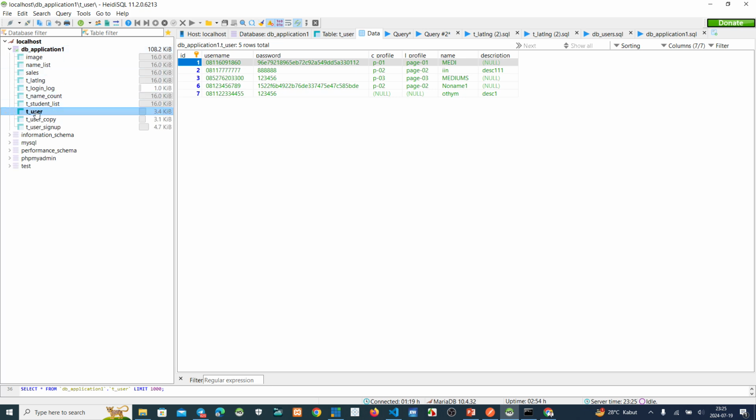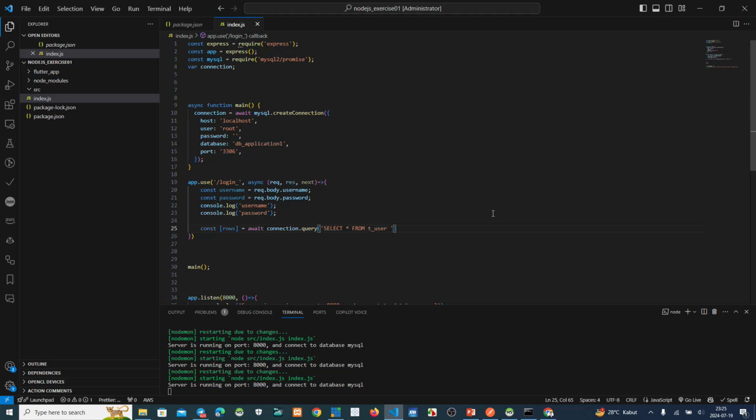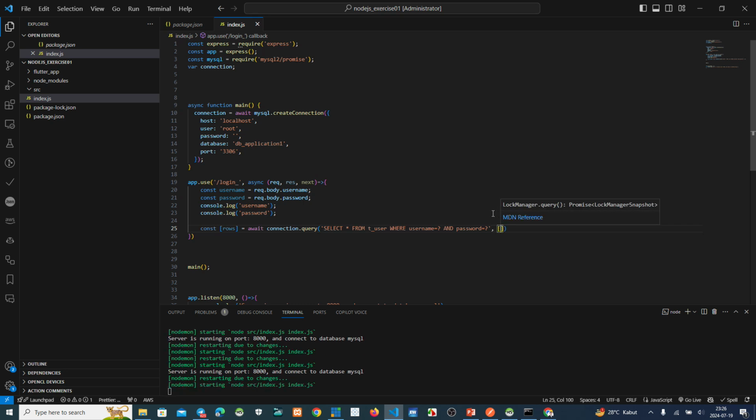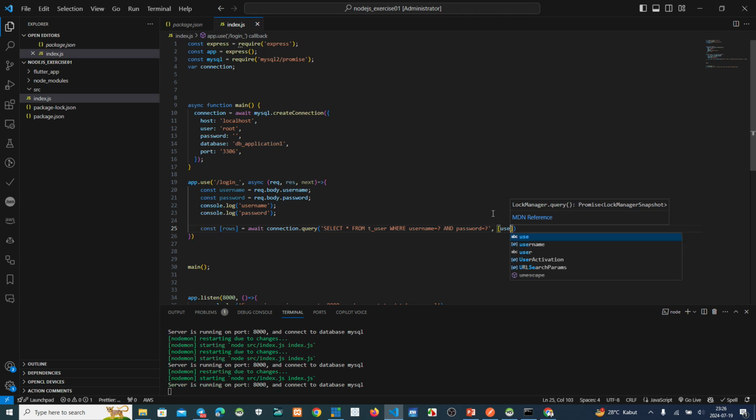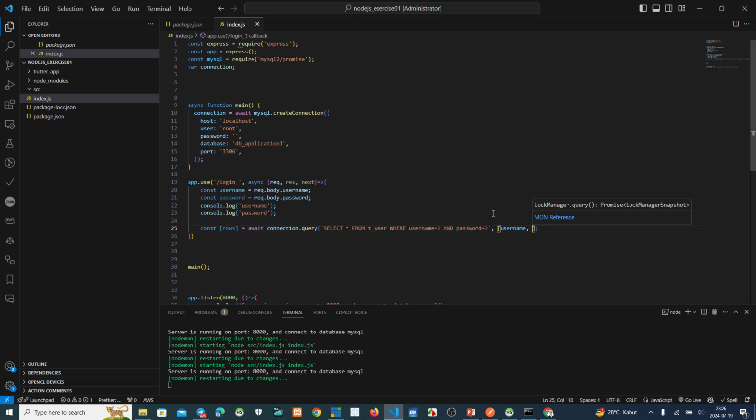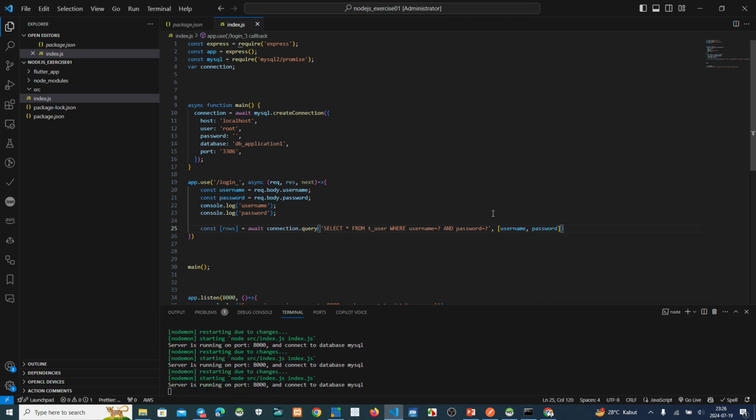This is my table name, the user. Select star from the user where username and password equals question mark, with username, comma, password.